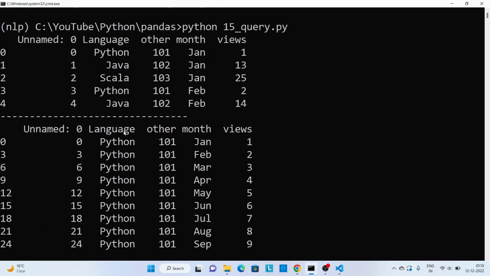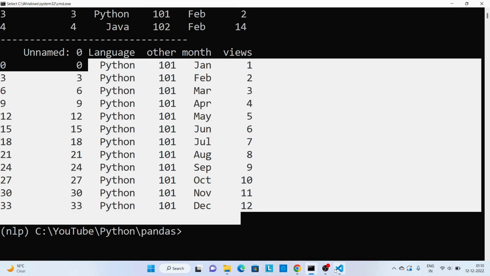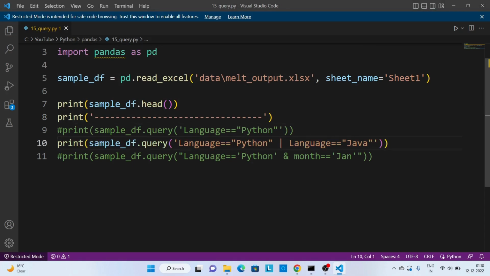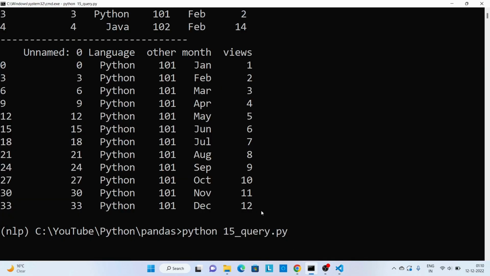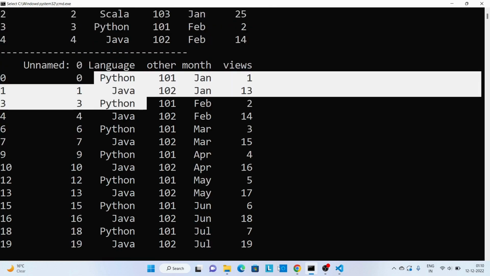And you can see we got all the records where language is Python. Now let me comment this one and uncomment the second part. Let's re-execute this code, and this time we got Python and Java.